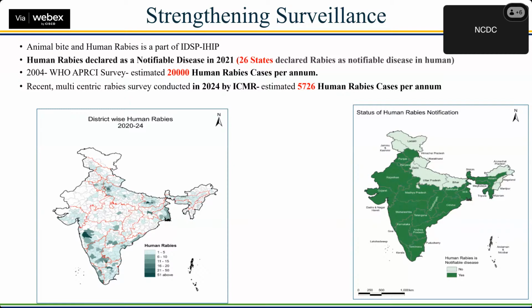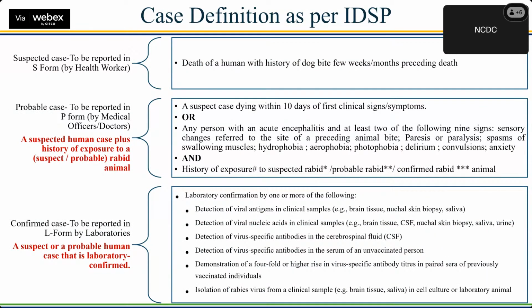So we need to focus on all districts, and there are no specific rabies-free areas other than the Andaman and Nicobar and the Lakshadweep Islands, which have traditionally been rabies free. So for strengthening surveillance, the first thing we did was make human rabies a notifiable disease. Next slide, please. We developed case definitions of human rabies cases, and they have been incorporated